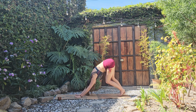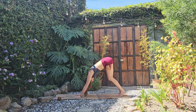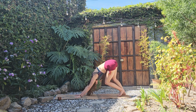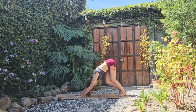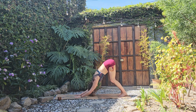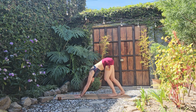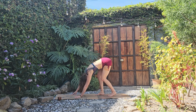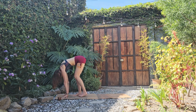Just pedaling out the feet here, bending one knee at a time, pushing equally into both hands and allowing for your neck to be heavy and your head to be heavy here. Maybe shaking out the head here just to find some extra release. And slowly you can begin to walk your feet forward to the top of the mat, finding yourself in a